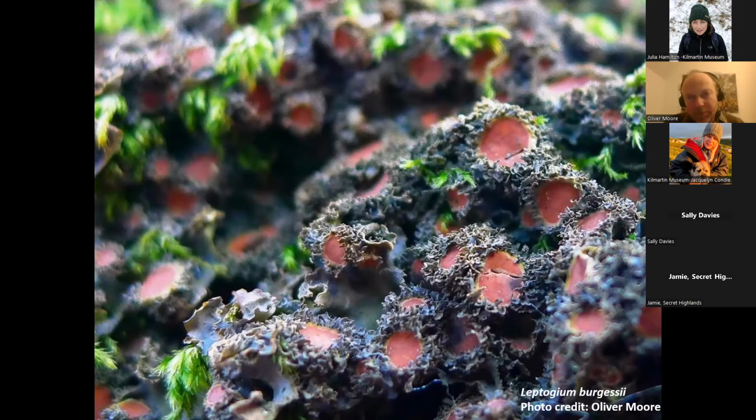Because a lot of lichens belong to a group of fungi called the Ascomycetes, the lichens' reproductive structures often look like discs, like we're seeing in the image here. Now, if I was to take that disc and cut it down the middle, and then take another thinner slice across the section, it'd be like cutting into a jam tart. I'll have a pastry base with a nice jam filling, but that jam filling of the lichen disc is actually